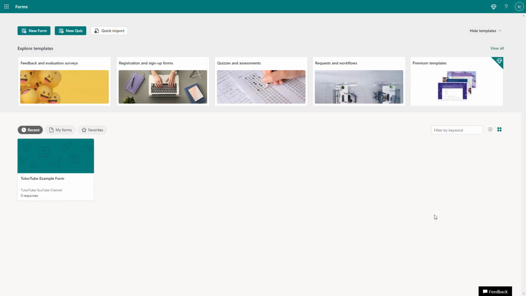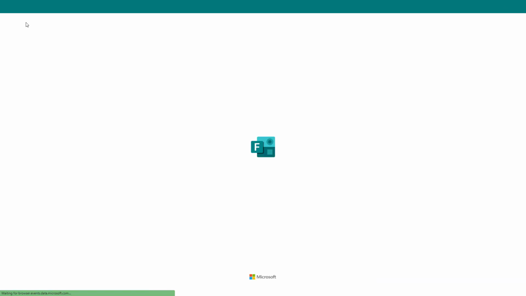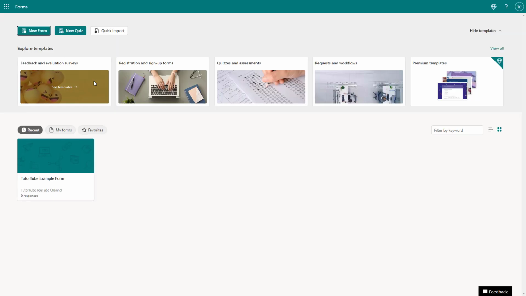If you want to collect opinions of people, then what you can do is create forms. Over here you can see that I have a form, and it simply has questions targeted towards collecting the answers. But if you want to judge someone based on their answers, like for example, if you want to make a class quiz, then you can see that there is new quiz as an option as well,